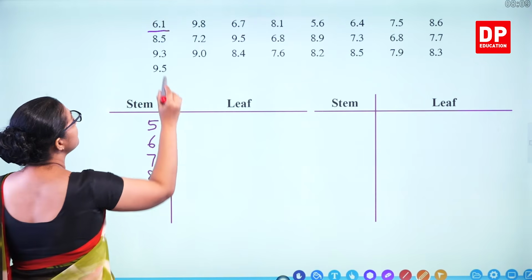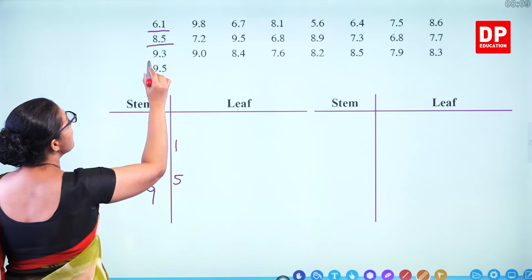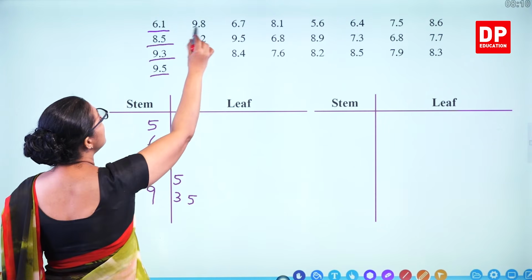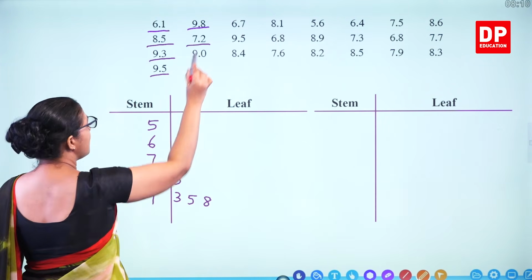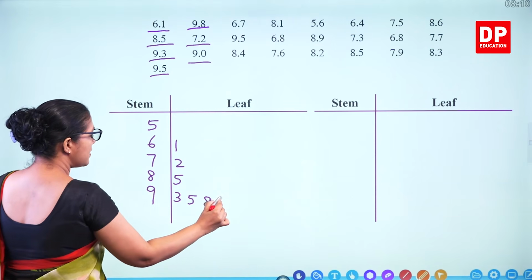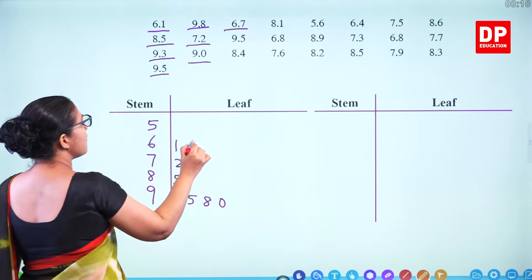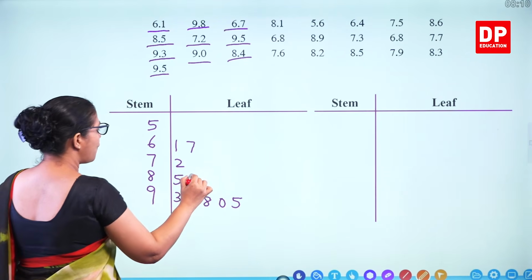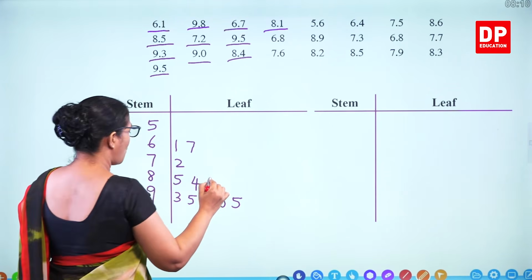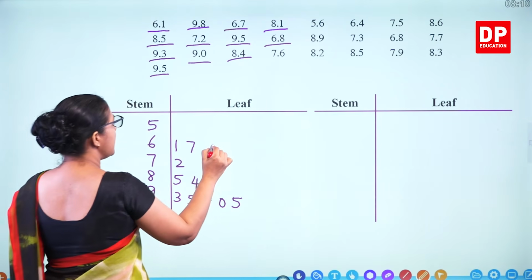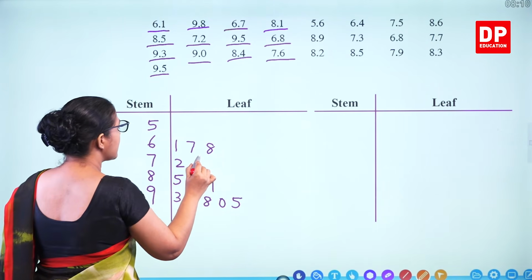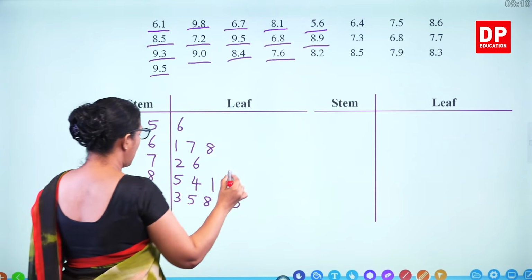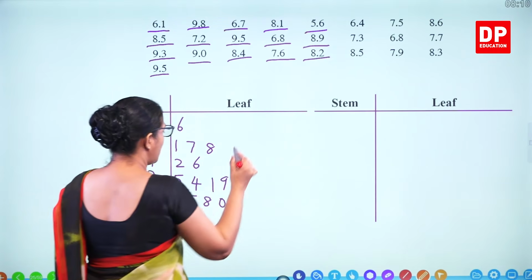6.1, 8.5, 9.3, 9.5, 9.8, 7.2, 9.0, 6.7, 9.5, 8.4, 8.1, 6.8, 7.6, 5.6, 8.9, 8.2,